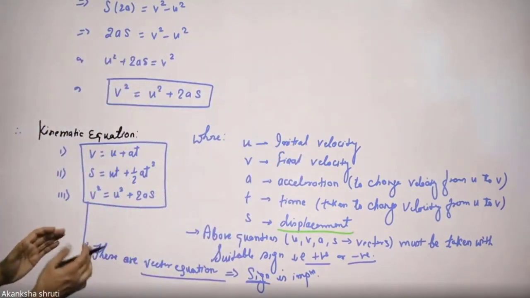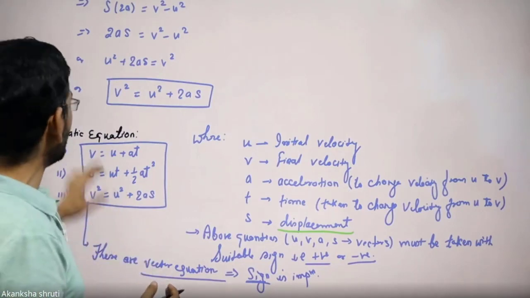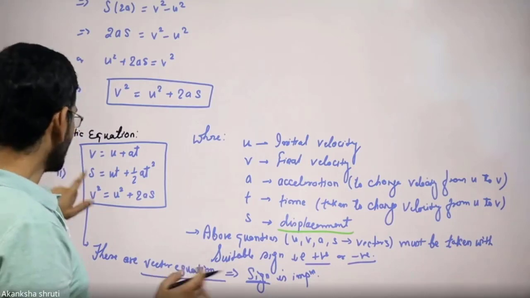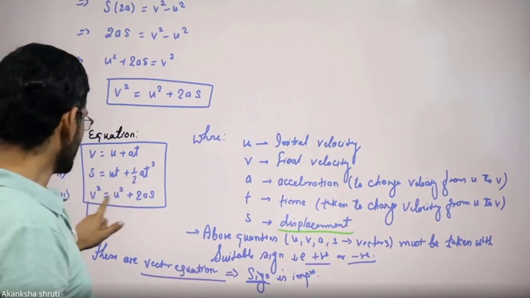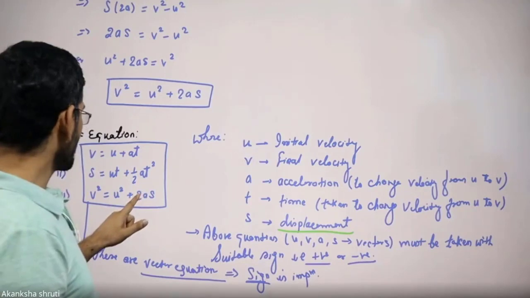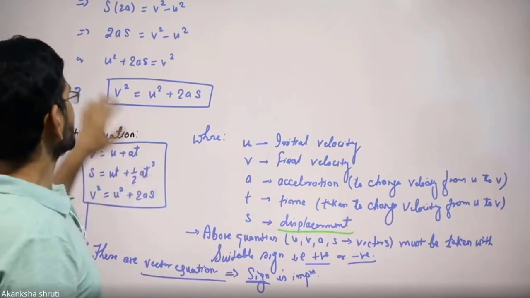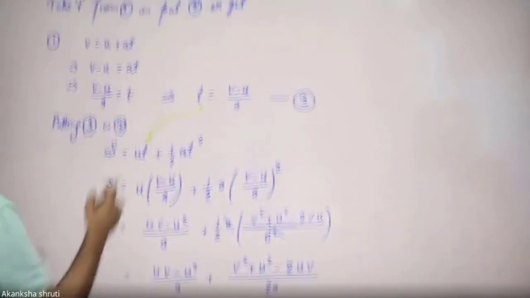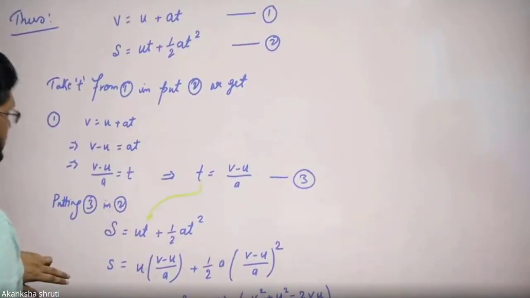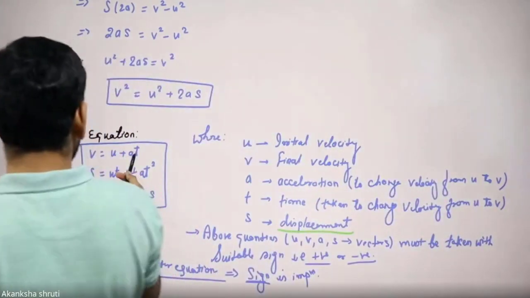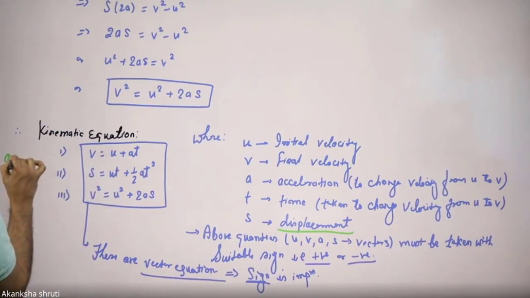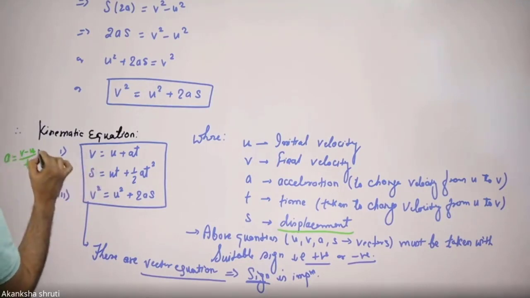So this was all about today's class, where I have explained how to derive the other two kinematic equations: S equals ut plus half at square, and v square equals u square plus 2as, the second by the graph and the third by substitution. Okay, student. So this was all about v equals u plus at. ये तो पहला इक्वेशन हमने पहले पढ़ा दिए थे. It is nothing but acceleration. A is given by v minus u by t. तो जस्ट आपने इसको रीअरेंज कर लिया, इससे ये मिला.